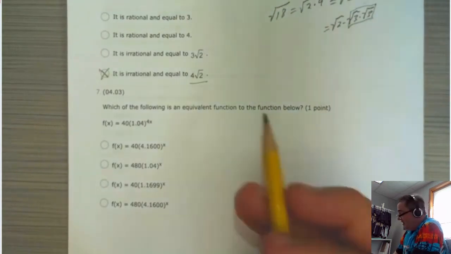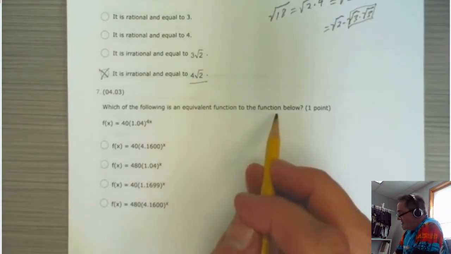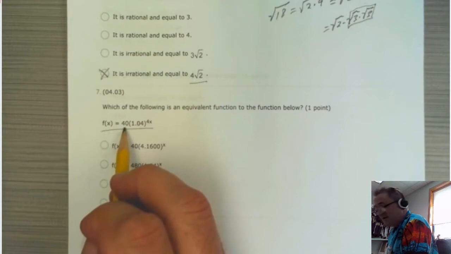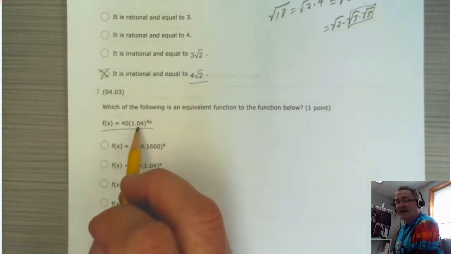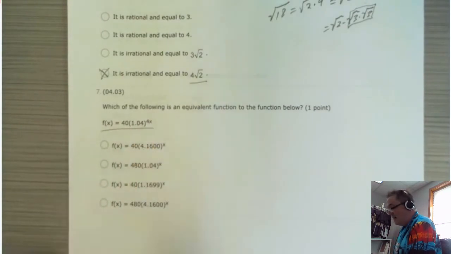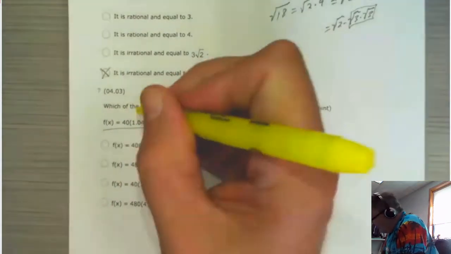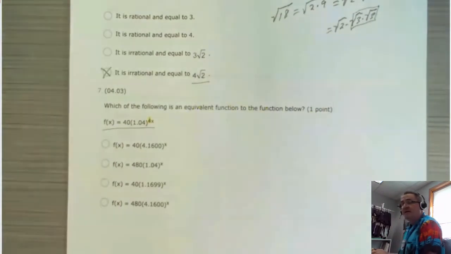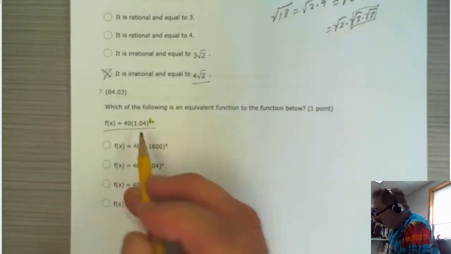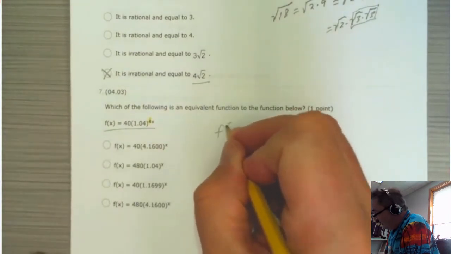All right, which of the following is the equivalent function to the function below? And here's our function. And what we have is f of x equals 40. So that's like our beginning amount. And this is like an exponential growth, 1.04 raised to the power of 4x. Now, when we have this number outside here with the variable, we can go ahead and simplify it by putting that inside. It's the same thing as